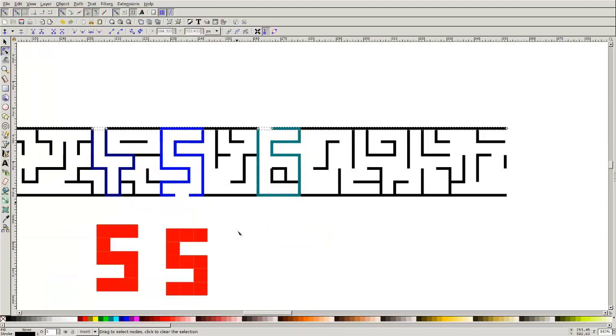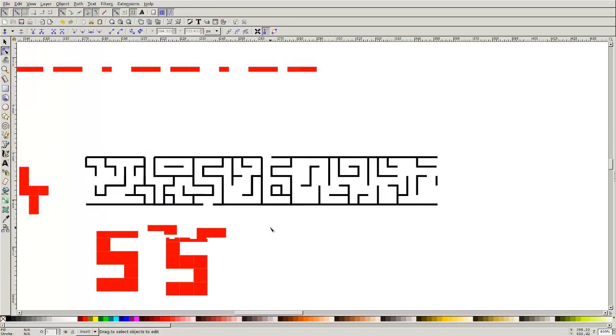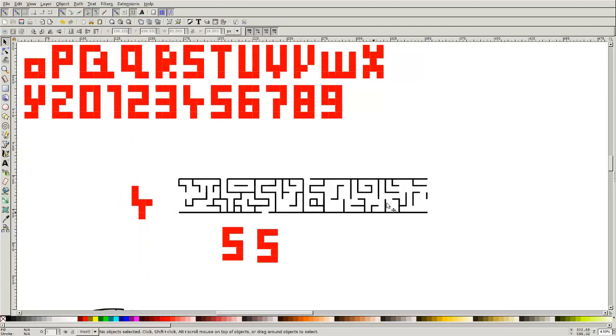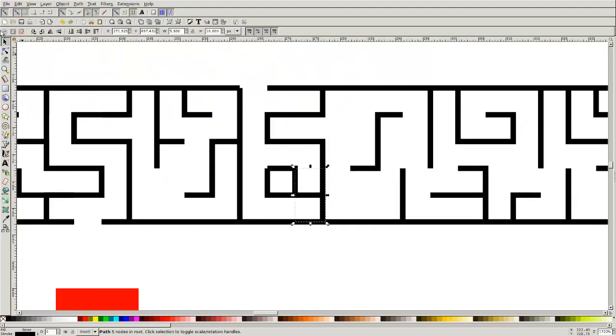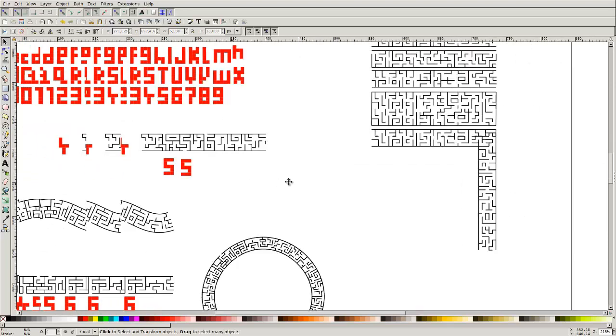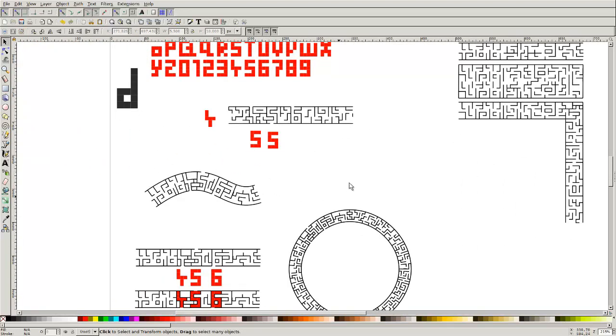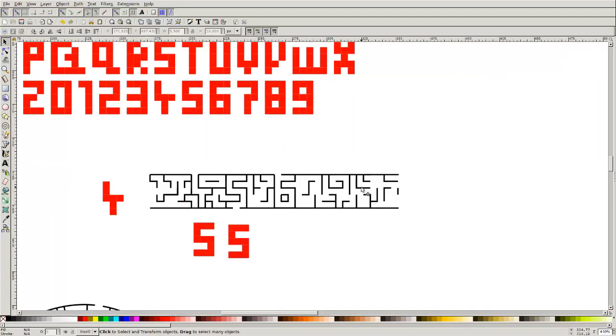Alright. Okay, now we select all of it. Shift, make it black. Okay, now we have our hidden number. If that's what you wanted to achieve, you're already golden. If you, however, want to make a circle like this or a wavy maze for some reason,